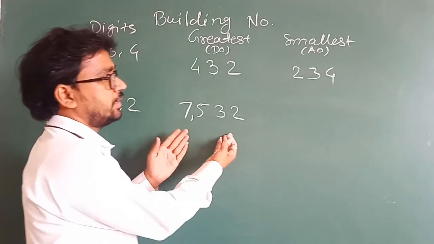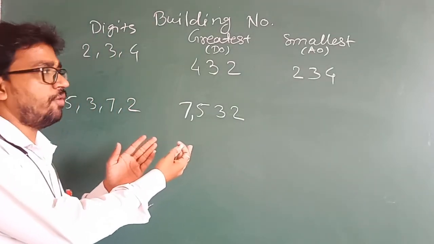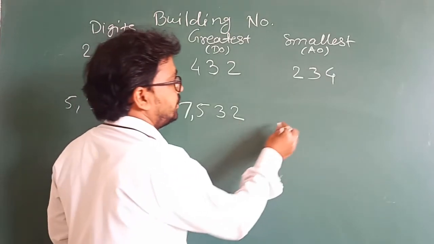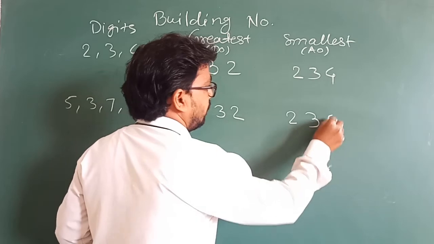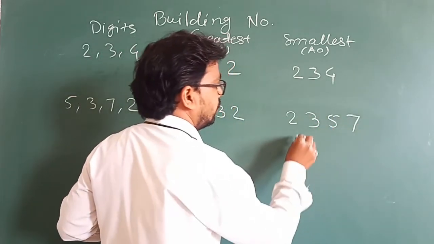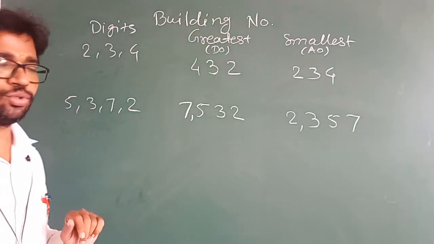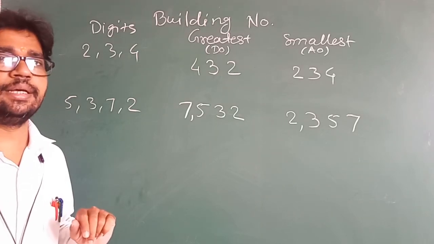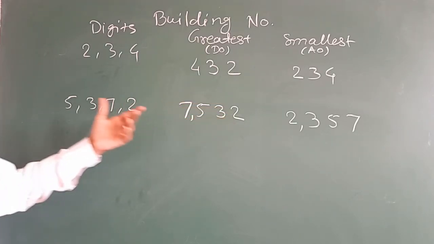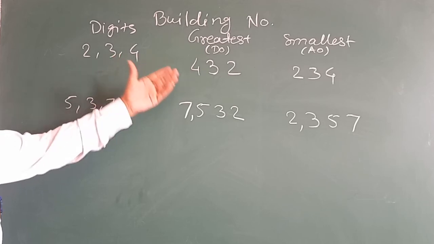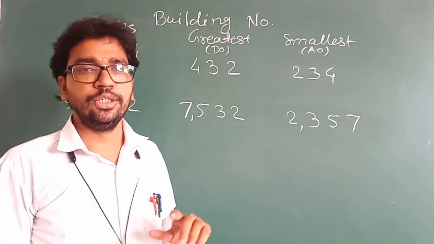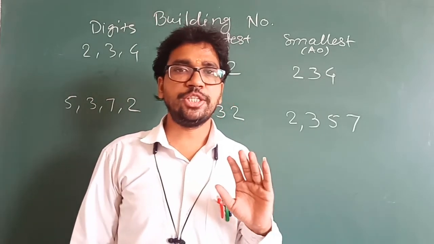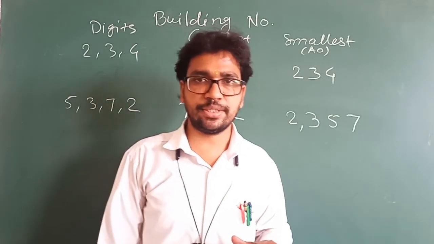So it is just reverse of descending order. So take this 2 first, then bigger number, then bigger number, then bigger number, and give the comma here. So 2357 is the number which is the smallest number from given digits, and it is the greatest number from given digits. Fine. So here I explain you some topics from the first lesson.